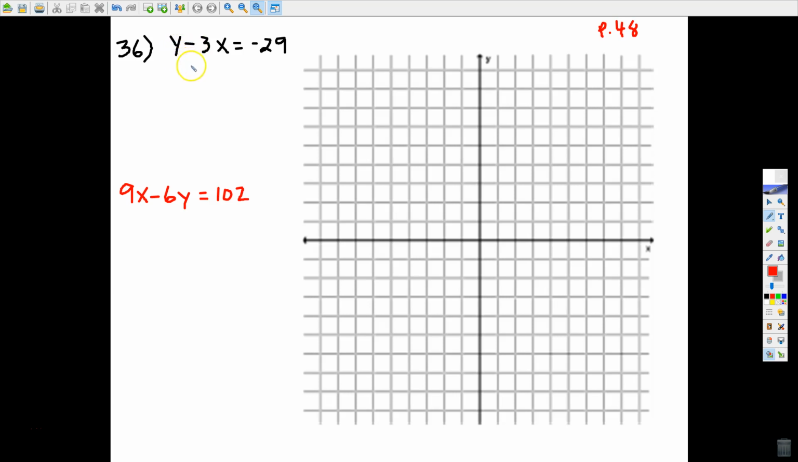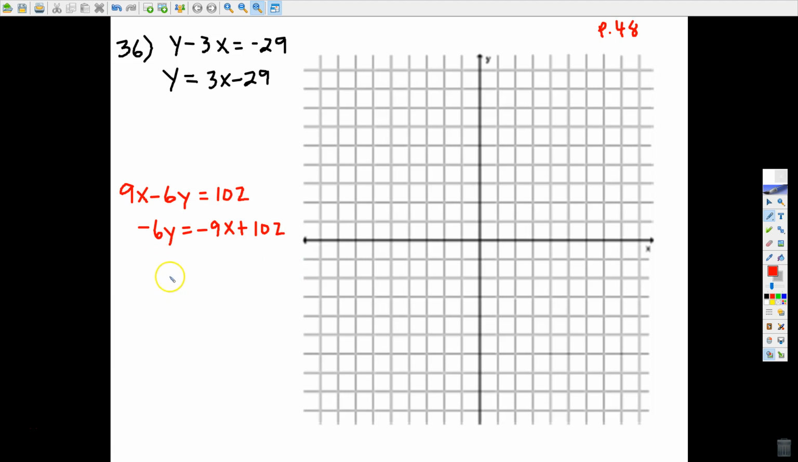So let's go up to this top equation of the system and solve it for y, adding 3x to both sides, and we get y is equal to 3x minus 29. Okay, and then we'll jump down here and do the same thing for the red. Let's solve it for y. So we're going to subtract 9x from both sides,